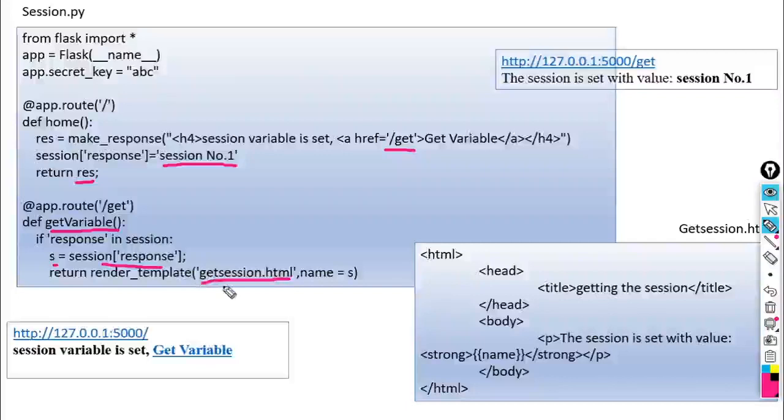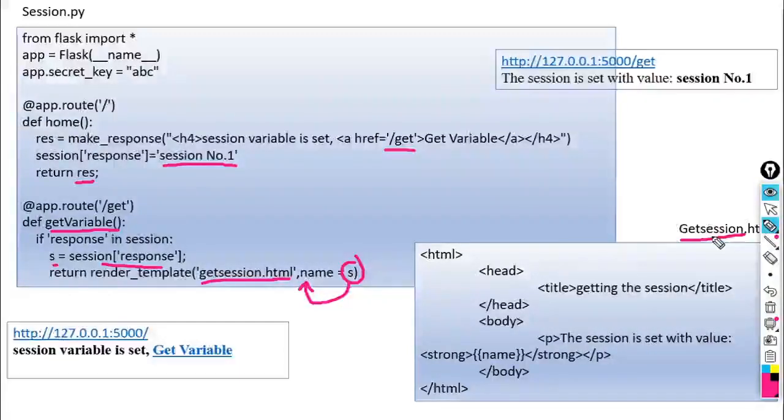When we render this template, whatever value s holds will be passed to name. Here the URL slash get, and in this one the URL slash, that is the home URL.